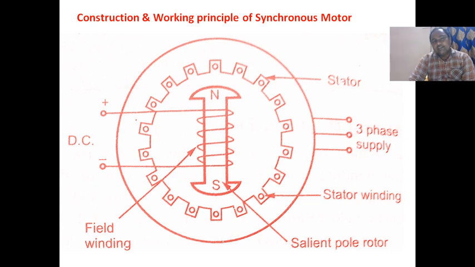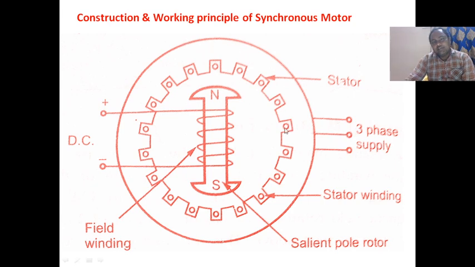So already we know synchronous motors or synchronous generators are of two types. One is salient pole; saliency means Xd minus Xq. Another one is non-salient or cylindrical pole structure. Synchronous machines are doubly excited devices: the stator is excited with AC supply and the rotor is excited with DC supply.